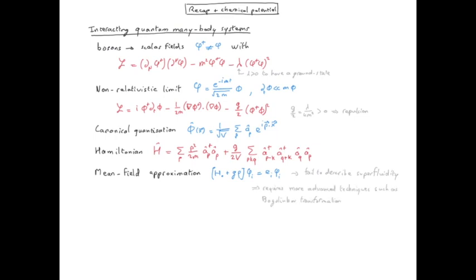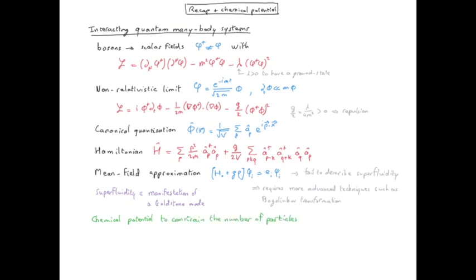But that's not the approach we are going to take. In fact, we are going to show that we can describe some phenomenology of superfluidity using some of the quantum field theory tools we have introduced earlier, in particular with the Goldstone mode. But before we get there, we need to introduce a chemical potential to our Lagrangian. This is required to constrain the number of particles in the system.